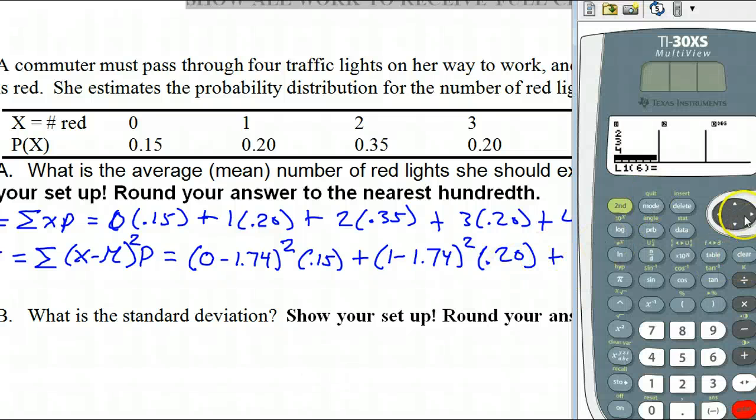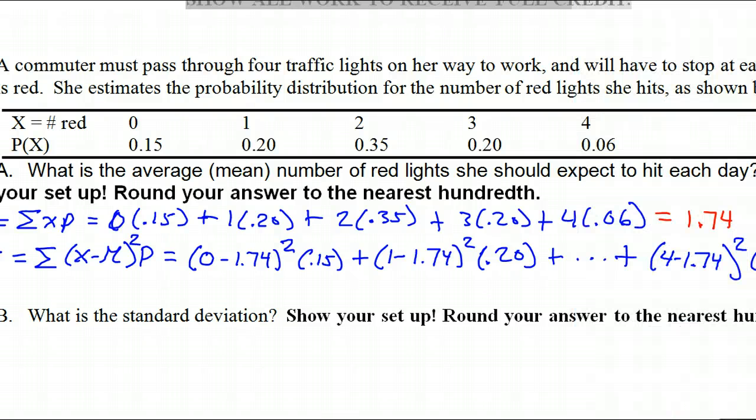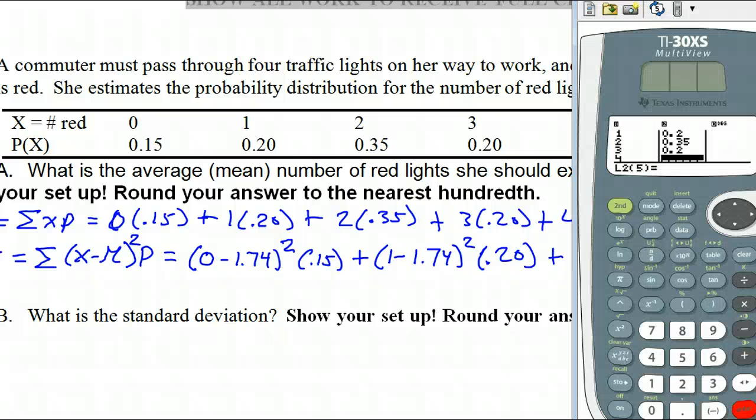Okay. Now in list 2, you need to put your probabilities. So this is 0.15. Okay, 0.20, 0.35. Okay, 0.20. And what's that last one? 0.06. Okay,